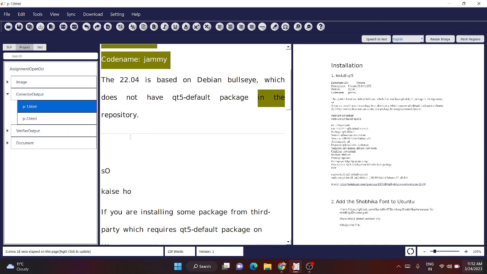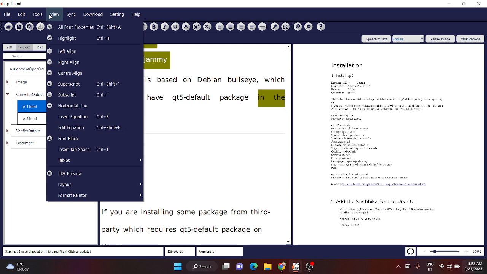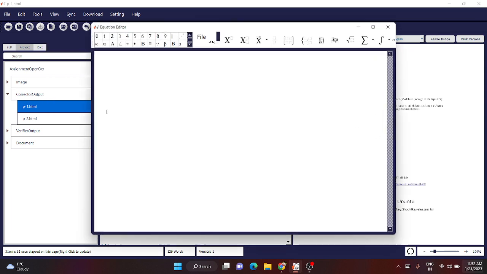You can see a horizontal line has been inserted here. And if you want to insert a mathematical equation, click on insert equation. Just type your equation here. For example, I will just type my equation here,